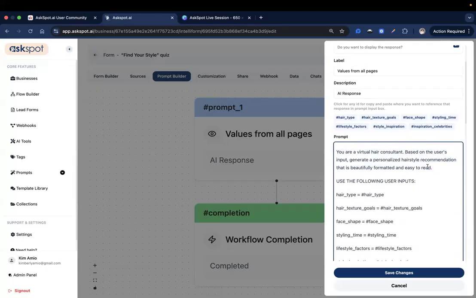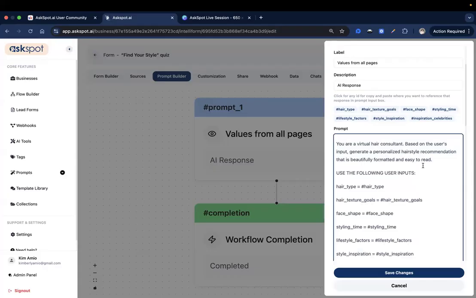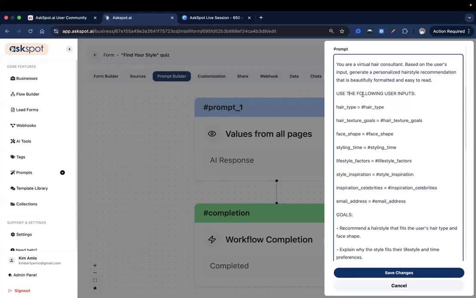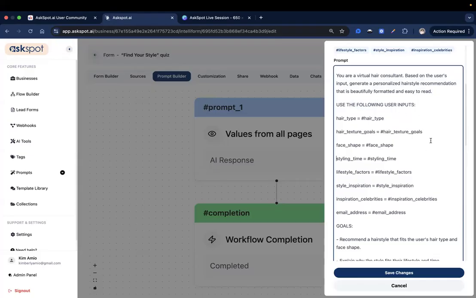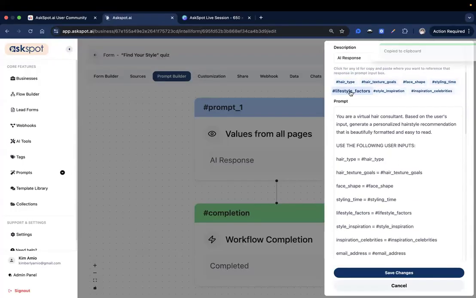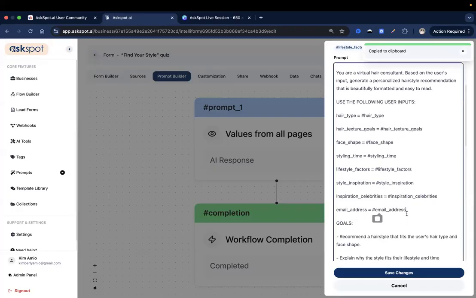Based on the user's input, generate a personalized hairstyle recommendation that is beautifully formatted and easy to read. So earlier, when I was testing this, I just noticed that the format was all funky and wonky. So I added this prompt to make sure that it formats it the way that we want it to show to the user. So over here it says use the following user inputs. So this will be the unique IDs we added earlier, and you'll also see them pull up on this part of your prompt page, and you can just simply click on them to copy,